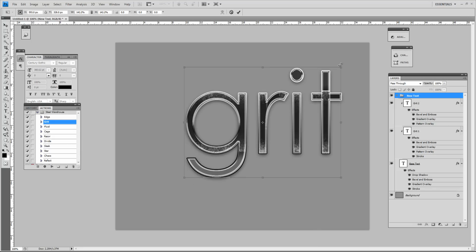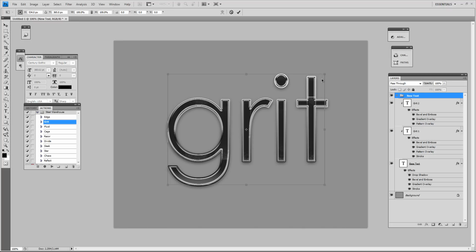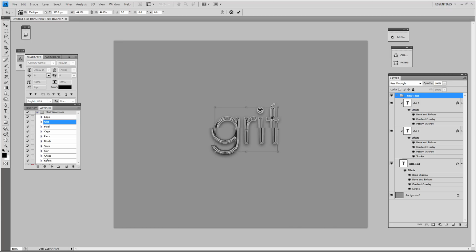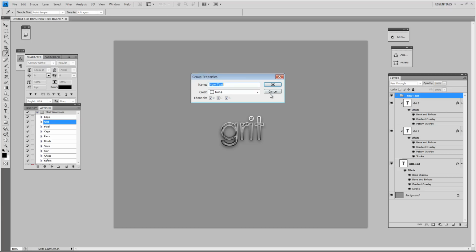Like this. But a problem you run into when you scale them down is like this, for example. It does not look like the original. It's because most of the time it's caused by the stroke within layer styles and the bevel and emboss settings. So you could go in, firstly, tick these eyes on and off and try to identify where the problem is, or I would suggest just